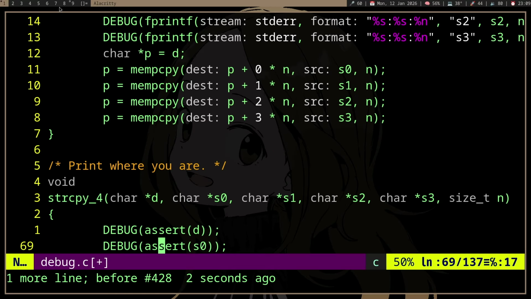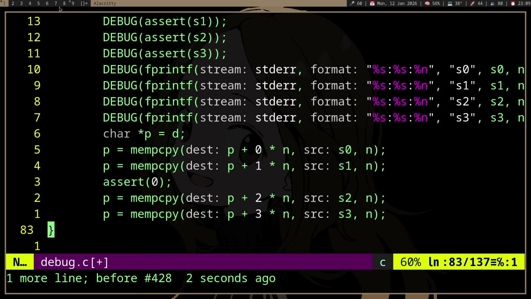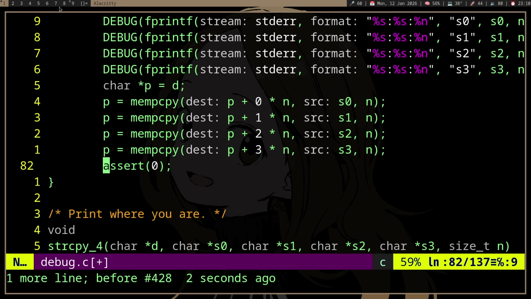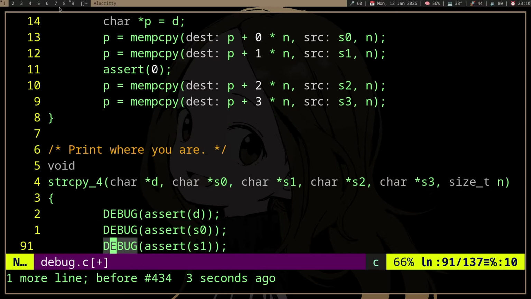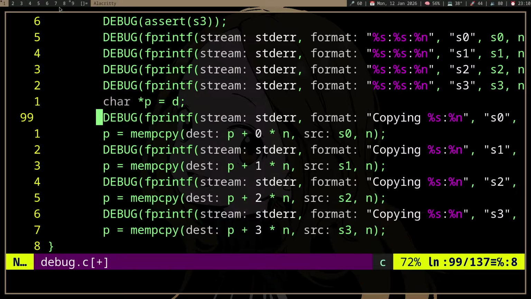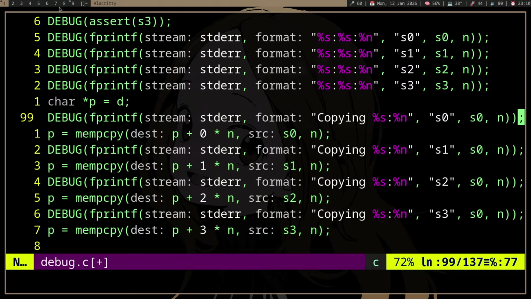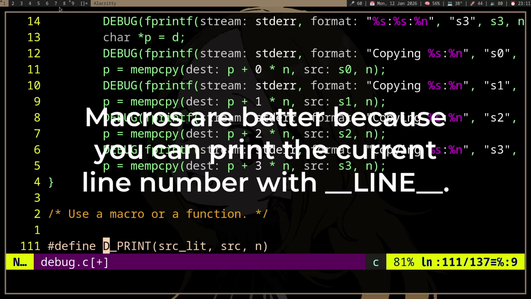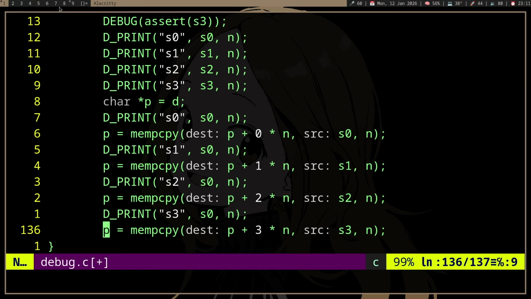If you want to check the functions one by one, you can do asserts, and the nice thing about assert is it will print the line number, so you can check one by one. And you can also add more prints, so a print for before every function call. This is not very readable, so you want to add a macro or a function, and it's still not readable but